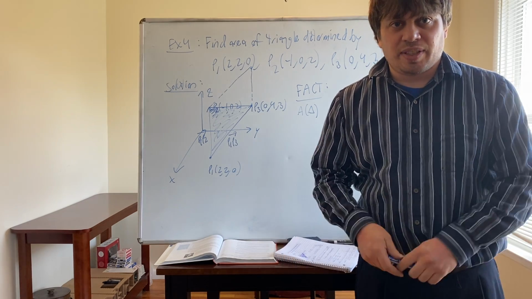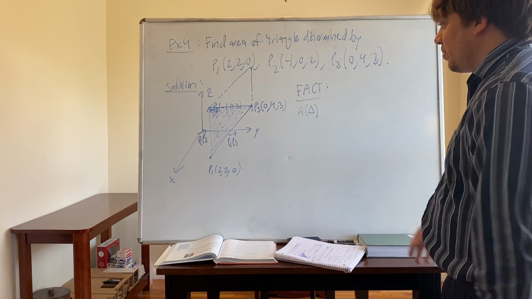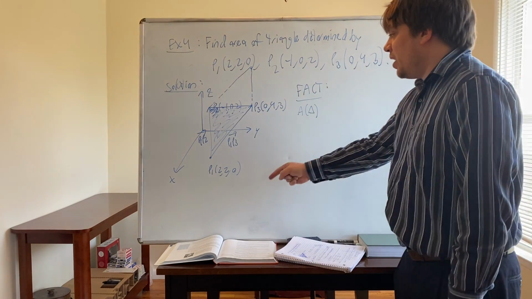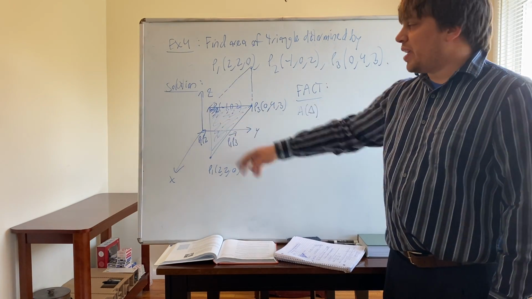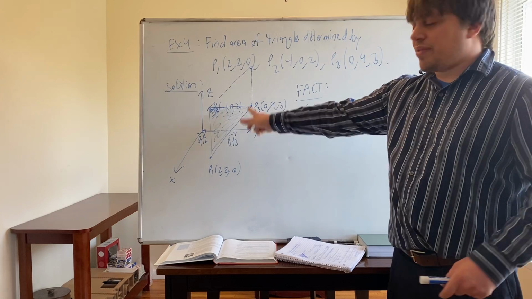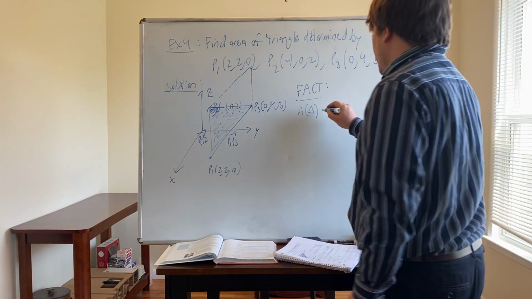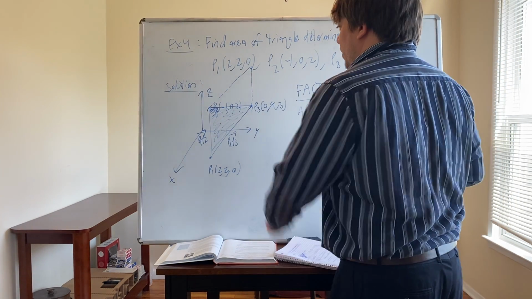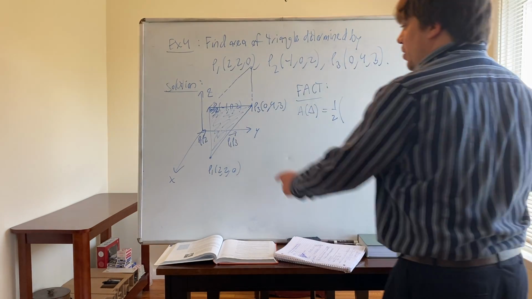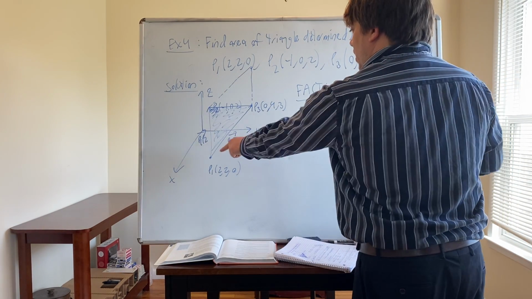in this second video. So where I left off was that we want to find the area of this triangle, and so the area of this triangle is half the area of this parallelogram. So this is equal to half the area of that parallelogram, which we said is the norm of this vector